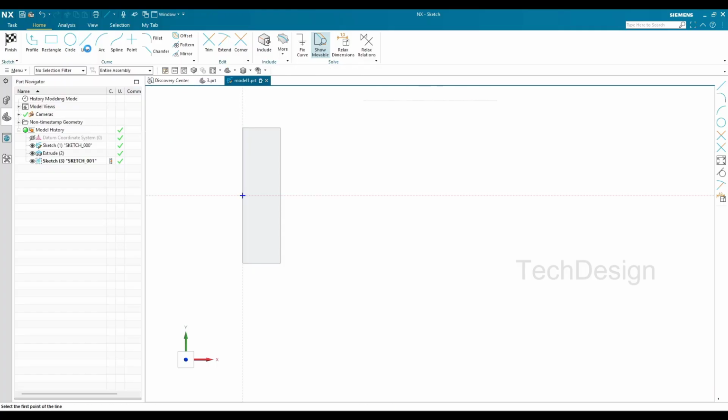Suppose the line is there and we want to pick this edge, you cannot pick it. In this case you can go to entire assembly in the selection filter. It means it will take the references from the entire assembly. So I'll select this and let us make